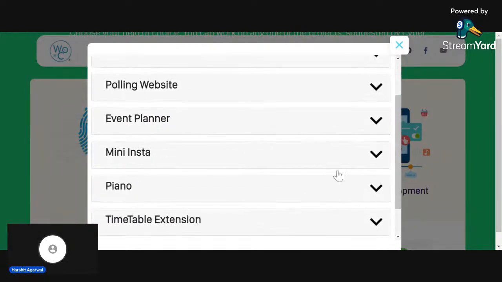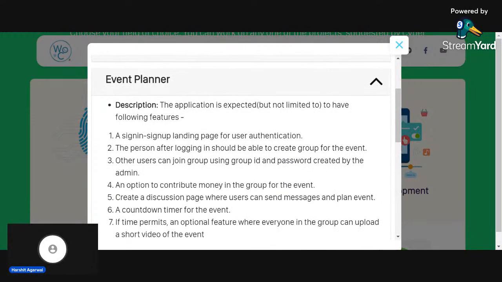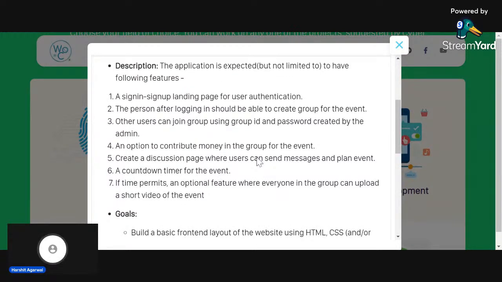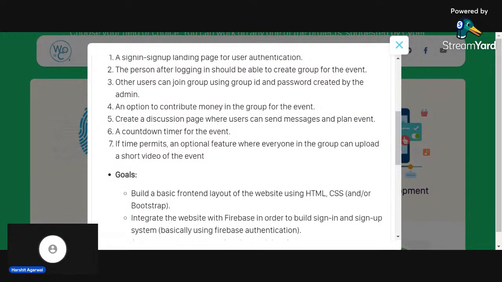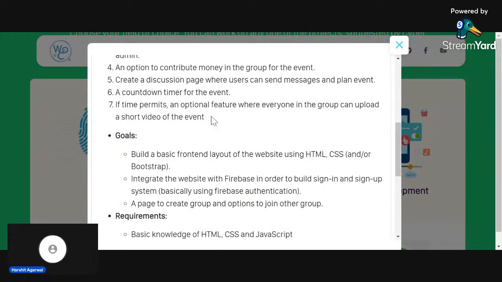And next we have the event planner. Suppose there is an event in which you have to share some information or upload something. This website is meant for that. There's a sign in and sign up page. After login, any user can create a group by creating a group ID and password, and then share that information with other users, who can join with the same link by providing the password. And then you can create a discussion page where users can interact among themselves and send messages,